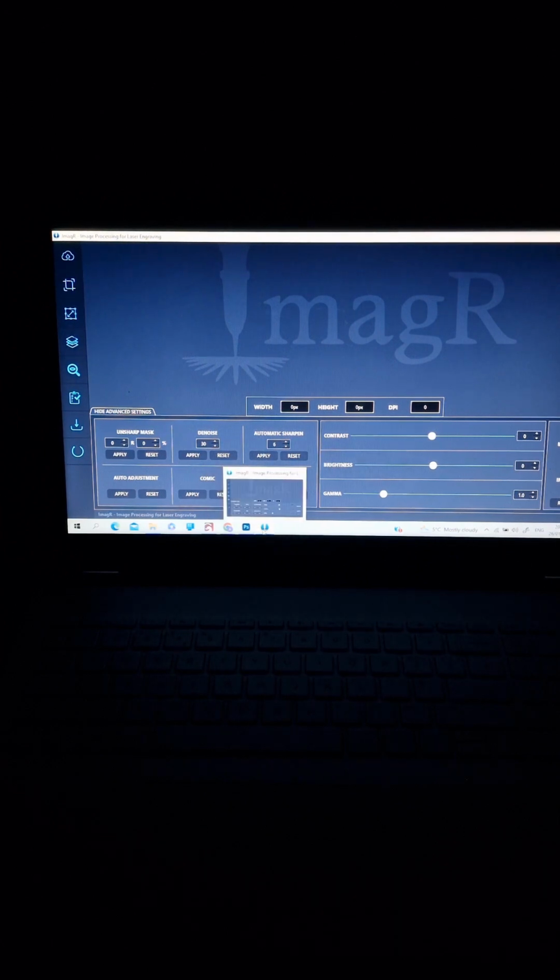The difference between the offline version or online version, with the license and without license, is you have more options to choose. First of all, let me show you on my offline version, the paid license, and believe me, it deserves all the money,